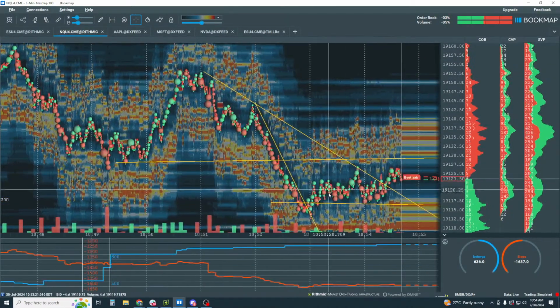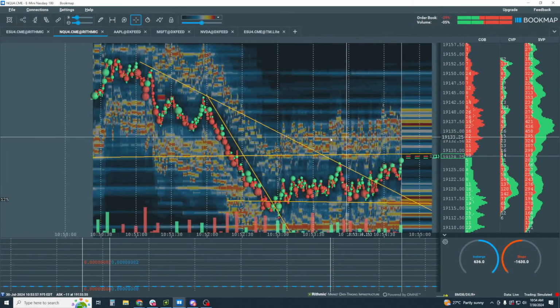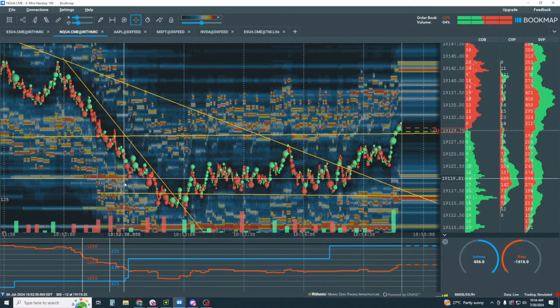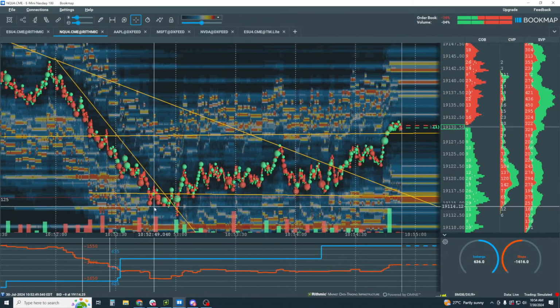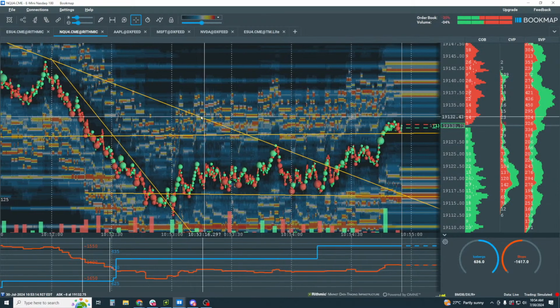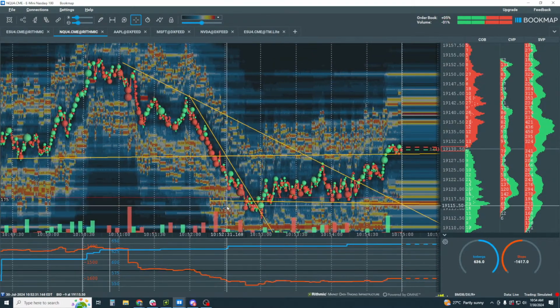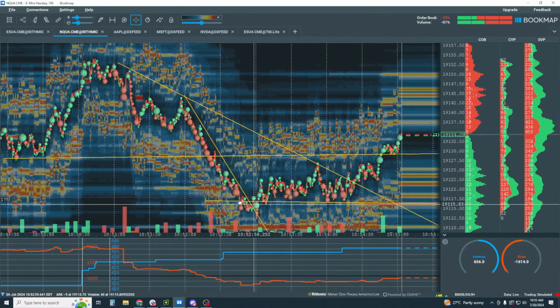So we went over structure, and we went over volume within structure. Now, liquidity is the other element in here. Did traders get filled on the bid on the way down? You can see these little areas and pockets. Looks like they did. Starting to understand that dynamic, because the volume might tell you something different compared to